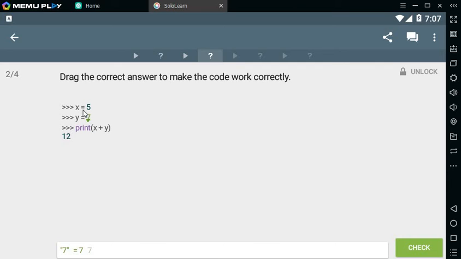I'm not sure what they call this symbol. That might sound like a strange thing for me to say. In Java, this is the assignment operator. And when you read from right to left, we take the value of 5, the integer, and assign it to the variable that we've named x. Now, if we have two of these symbols, like so, that is called the equal to operator, and it's used when we're comparing two things. But we just use one, and we call that the assignment operator when we're changing or initializing the value of a variable. And I don't know if they call it the assignment operator in the language Python, but